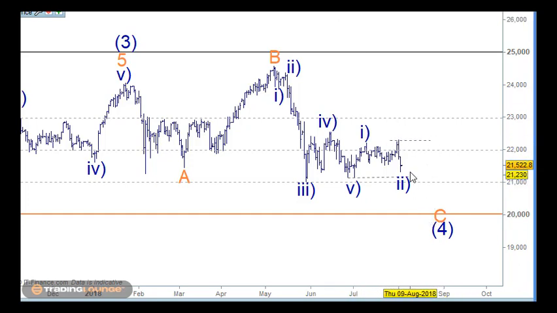So yeah, the question is that do we have this down for 1 and back for 2 and 3 and 4 and 5 down to here, or do we just come down to this space here like the DAX maybe do and then move up through here? That's the question that